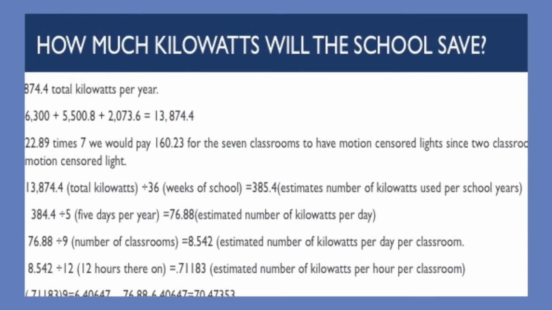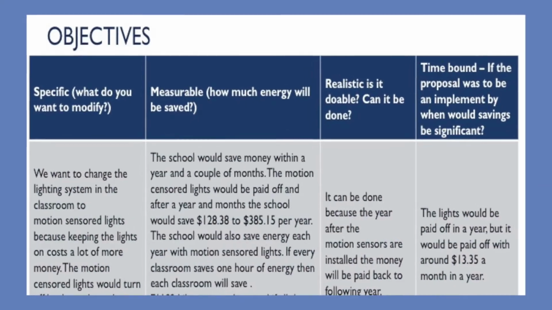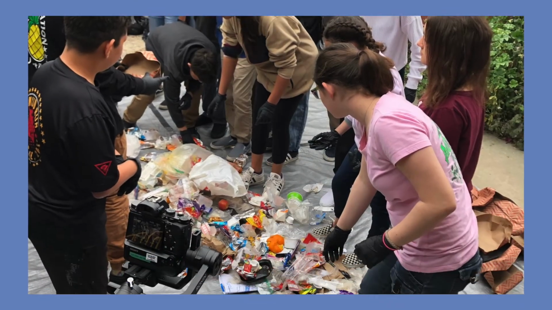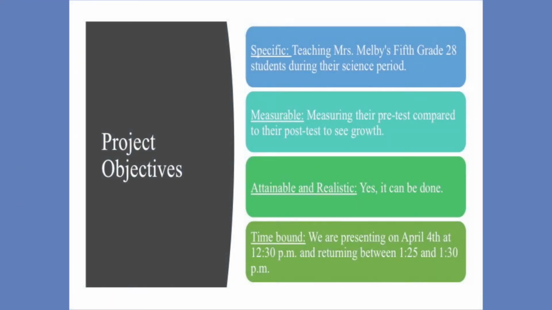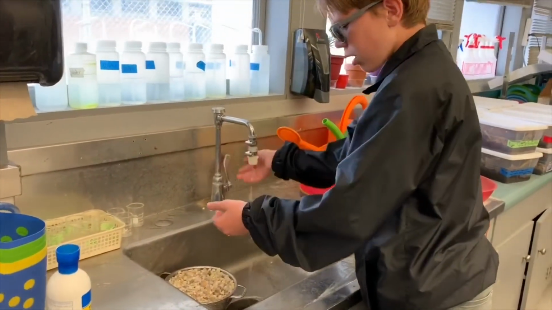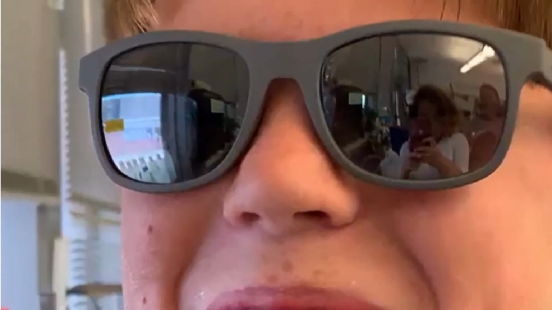For example, how much energy can be saved? How much waste can be reduced and what kinds of waste? How many people on your school campus, in your church community, or neighborhood know about ocean acidification? Then, you want to know how and by when. You ask yourself, is it doable? The answers to these questions in one or a few sentences will become your SMART objectives.